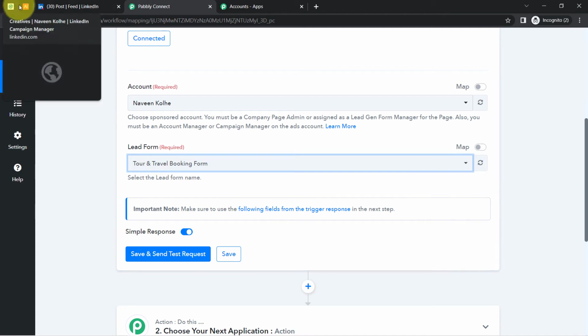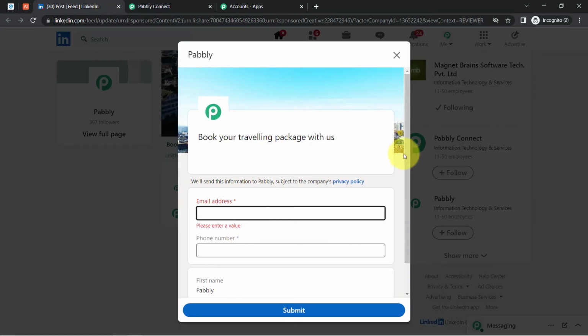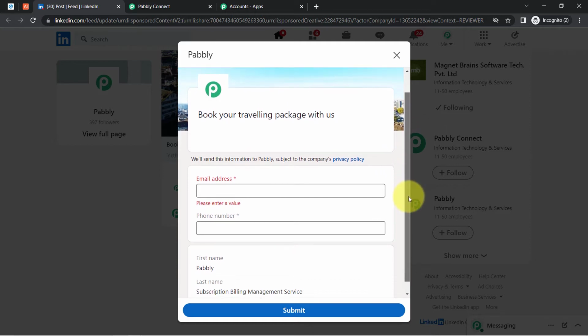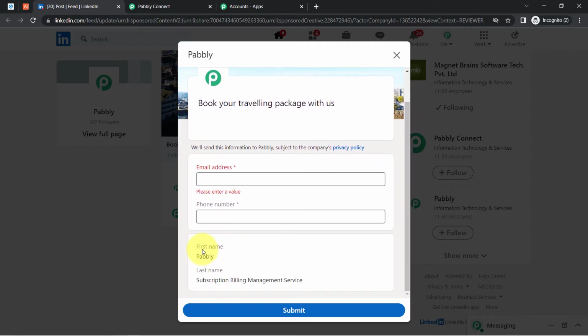So here I am going to make a dummy submission right in front of you after filling out this form. It is asking for the email address and the phone number, and here you can notice the first name and the last name have already been taken. Okay, so from where has it taken this? Pabbly and Subscription Billing Management Service are taken as the first name